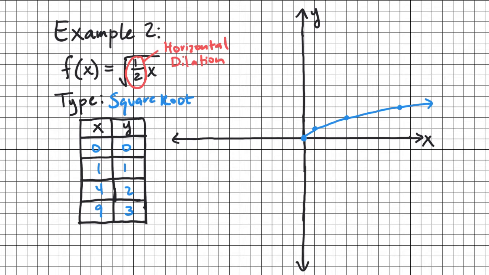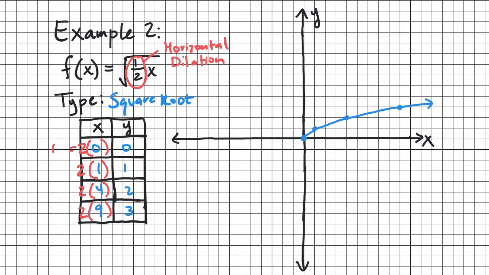So for absolute values, we just kind of plugged the value into the equation. For square roots and cube roots and cubics, we're going to do it a little bit different. We're going to do the opposite of the operation that's there. So if you notice here, it's multiplying or dividing by 2. Right? What's the opposite of dividing by 2? Multiplying by 2. And we're only going to multiply all the x's. So if I multiply all the x's times 2,